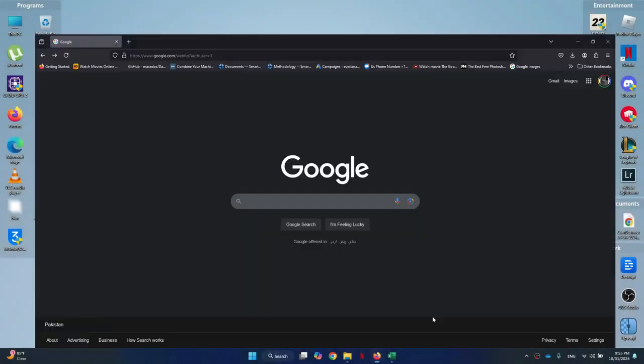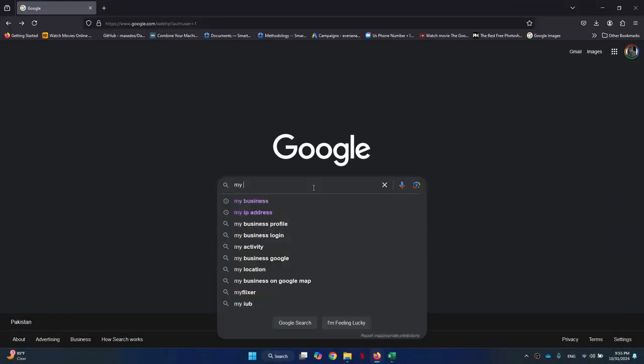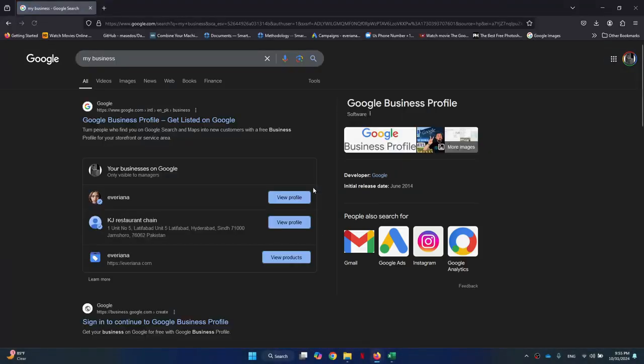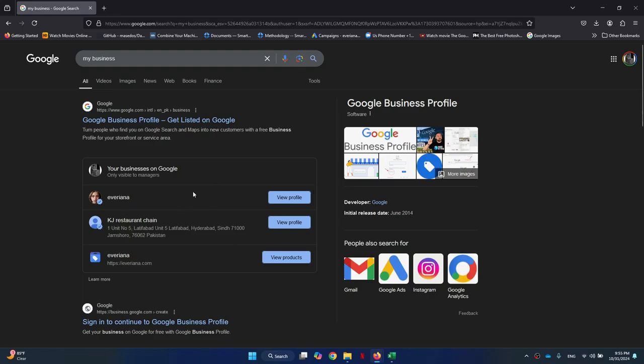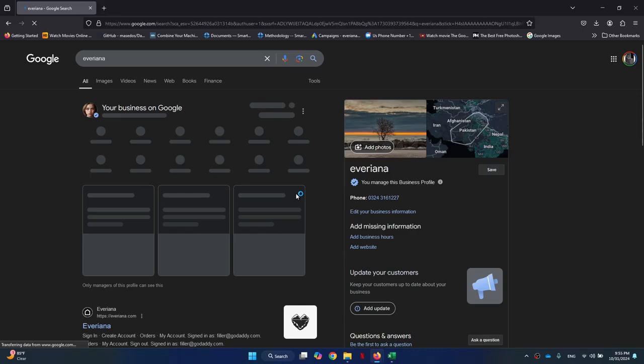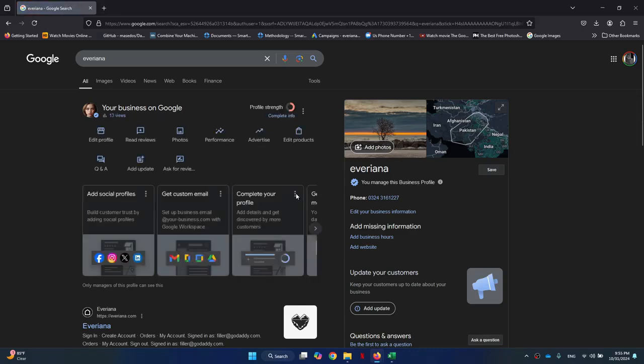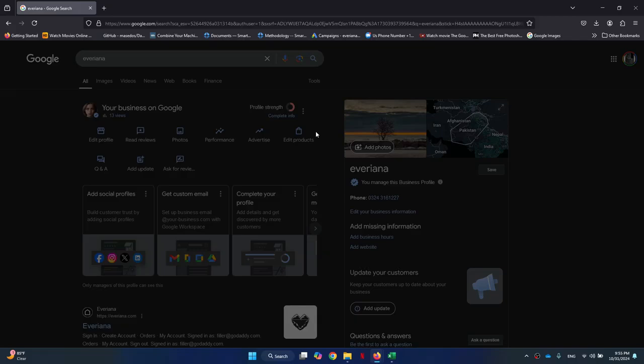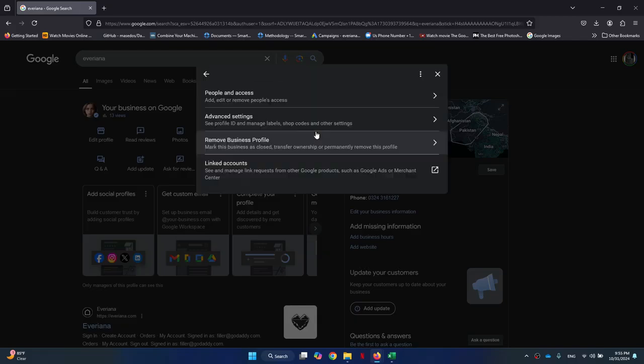Alright, let's begin. First of all, open any preferred browser and search for My Business. After that, all of your business profiles will be displayed on your screen. Simply access the target profile and then click on the three dots icon. After that, you're going to go into Business Profile Settings, and this is where it comes up with People and